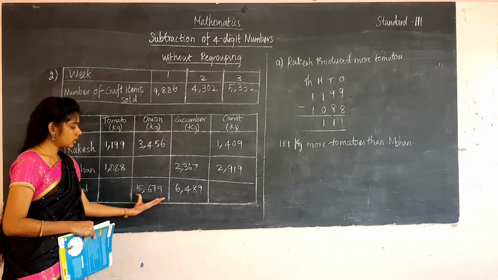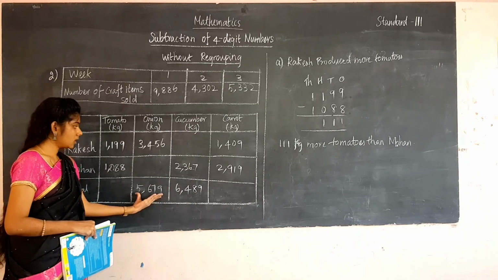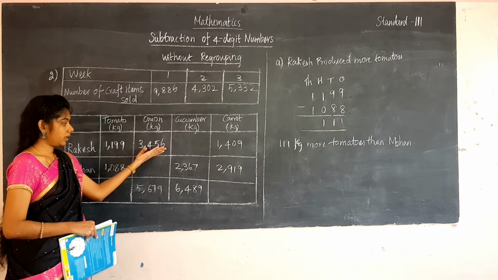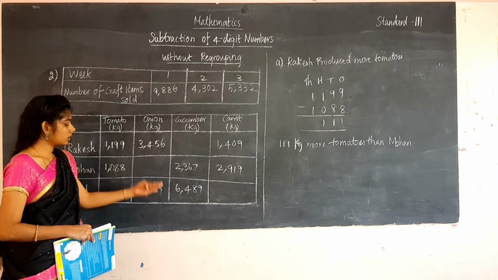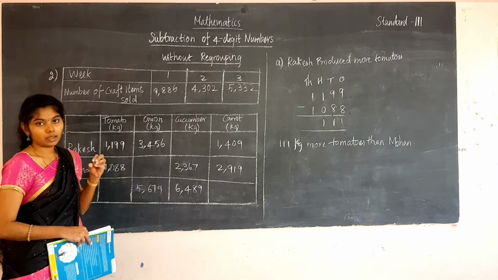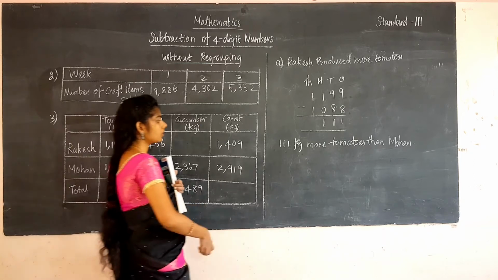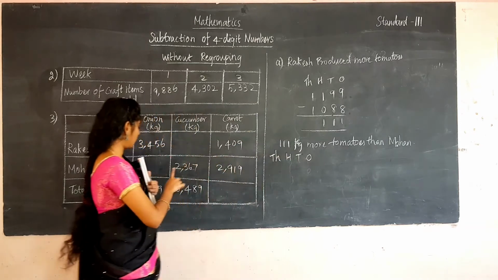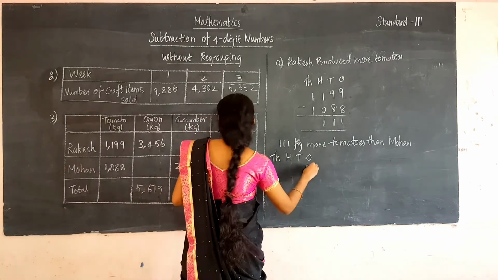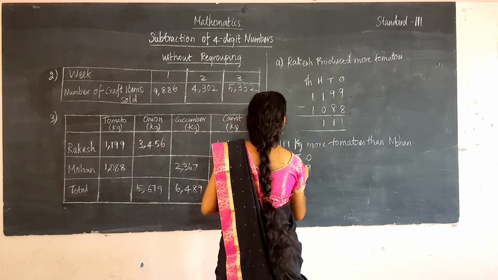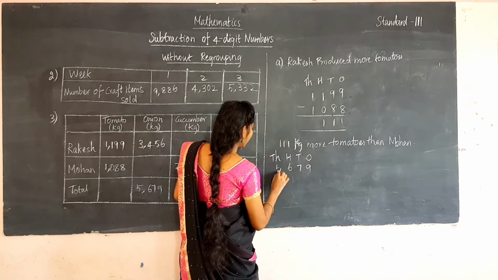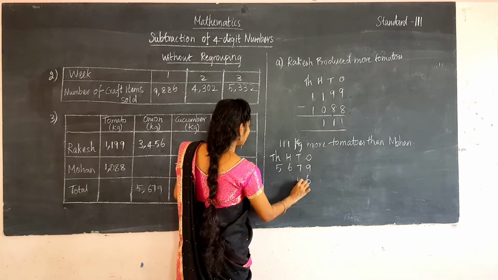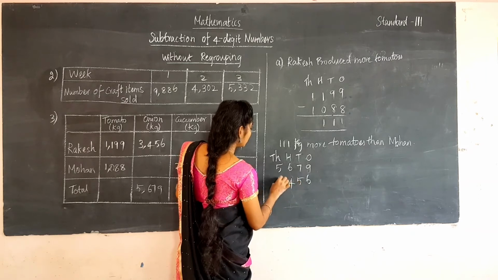So the total number is this much, totally onion produced is this much, then Rakesh produced 3456 onions. Then to find the remaining, you have to subtract this number from this number, then we will get the remaining part. So now we are going to subtract by giving the places: ones, tens, hundreds and thousands. Now fill in the numbers. You write the greatest number first: 9 in ones, 7 in tens, 6 in hundreds and 5 in thousands. And then the onion number: 6 in ones, 5 in tens, 4 in hundreds and 3 in thousands.